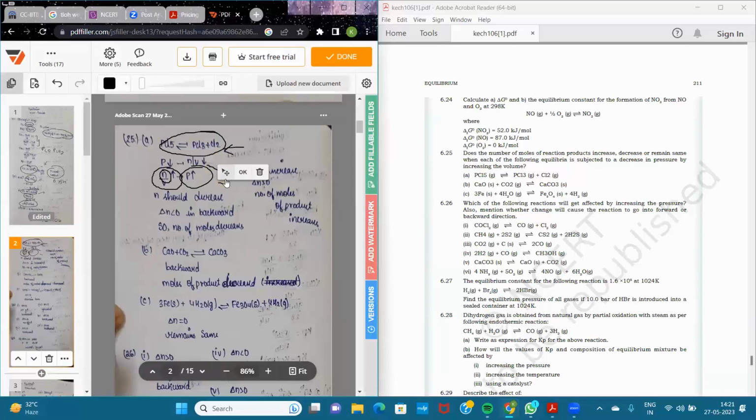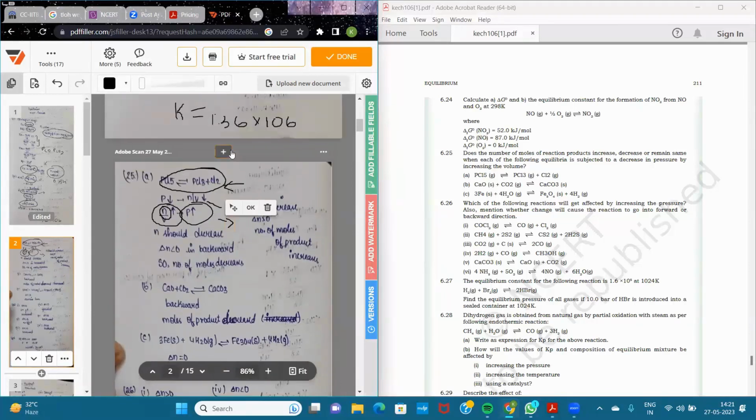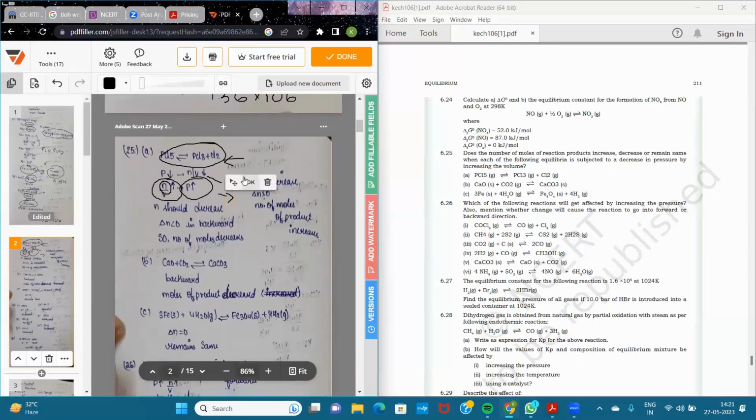That is Le Chatelier's principle. Generally Le Chatelier's principle says that if any change occurs in the reaction conditions, there should be a change in the reaction to oppose that change provided in the surrounding. So to oppose this change, the number of moles should decrease. So the reaction would proceed in the backward direction. So the number of moles of reaction products in the first reaction will decrease as the reaction proceeds towards the reactant side. And in the second part, delta